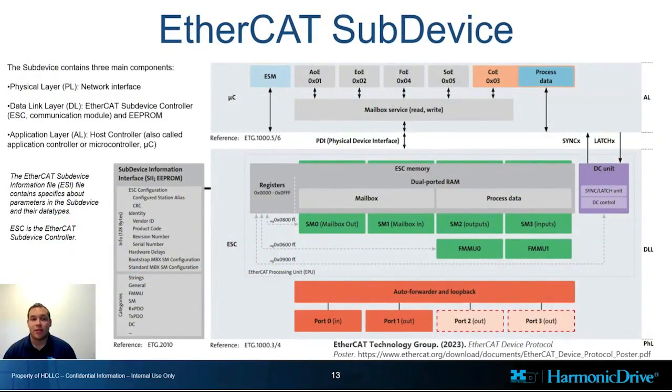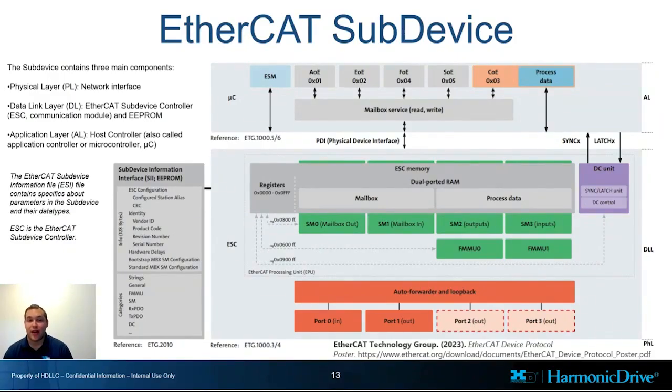So this is our EtherCAT subdevice. And so I wanted to draw your attention to 3 different layers that you can see. So at the top, we have the application layer. In the middle, we have the data link layer. And at the bottom, we have the physical layer. And the whole idea is this is kind of what summarizes what's inside of your